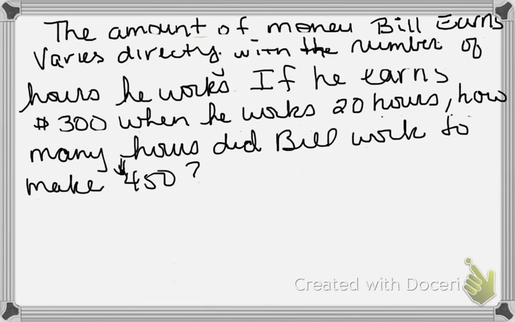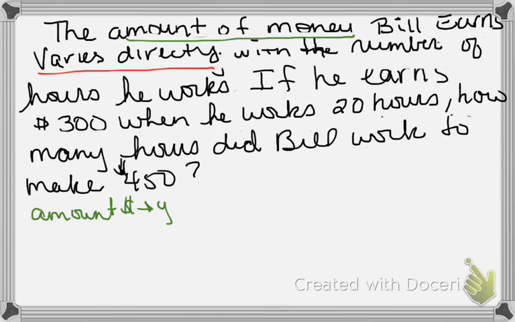The first thing we want to look at is the word varies directly, just like I said in the last video. Whenever you see the word varies directly, whatever's mentioned first will be your Y value, and so the amount of money Bill earns is your Y value. We can put that down: amount. It's just another strategy you could do. The amount of money is going to be my Y value, and then whatever's after varies directly will be my